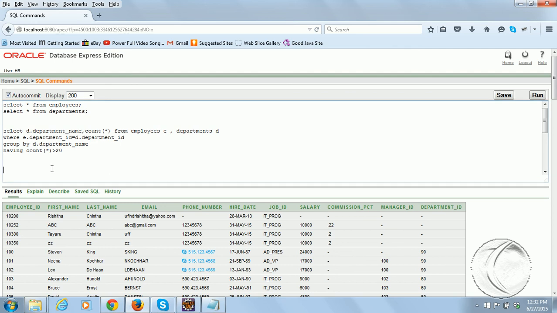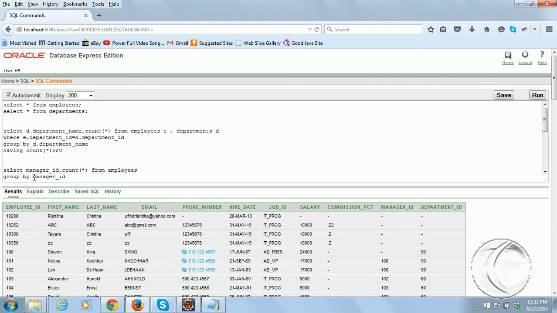In that case also we can use group by. Select manager ID, count star from employees group by manager ID. Simple.